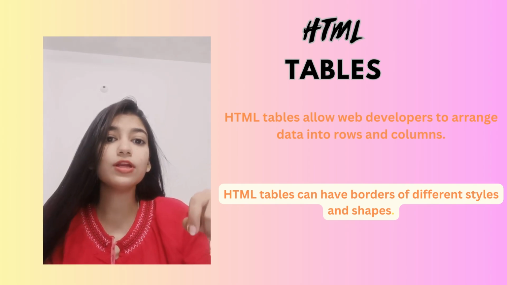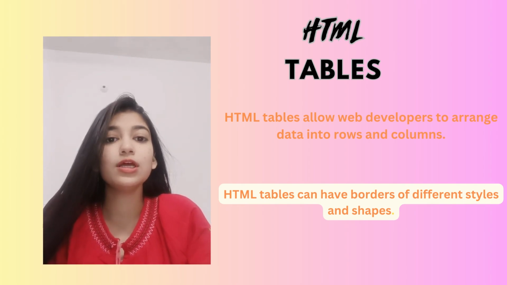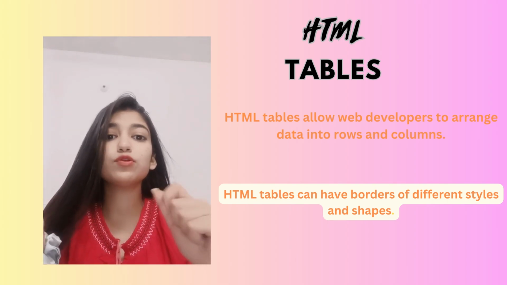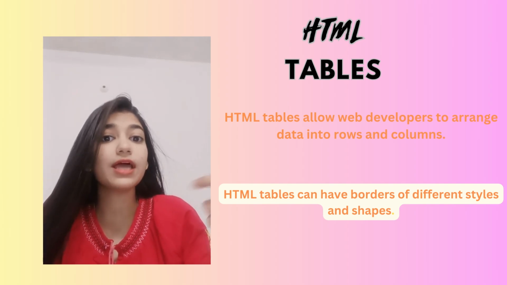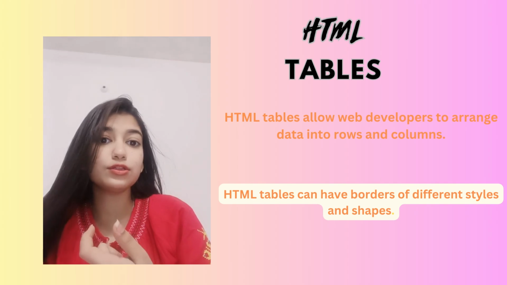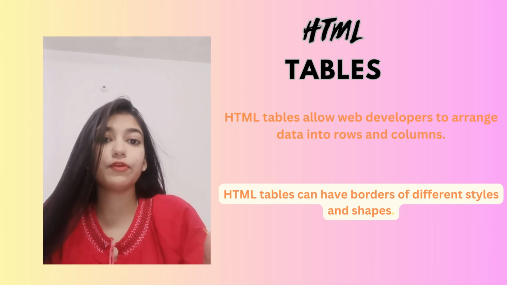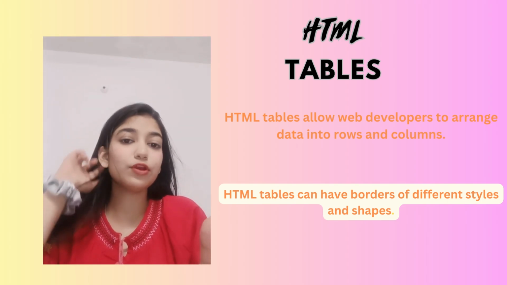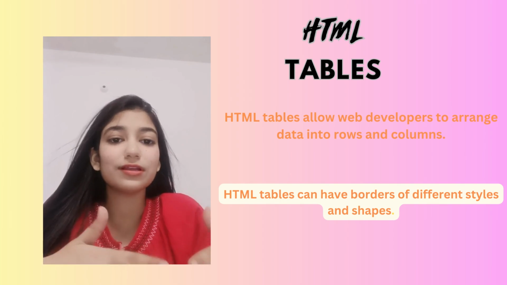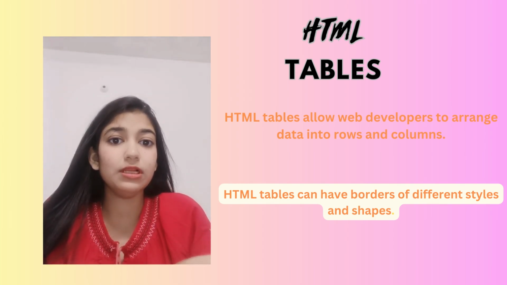So rows and columns, how will I divide them? We have different schedules. I wake up at a different time, and anybody else will wake up at a different time. So what do we do at those particular times? We could make a timetable in the form of different days. We could make different timetables so that we don't get confused, and we could shift things around. I will tell you how we can make a table,